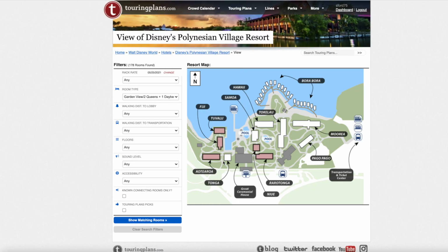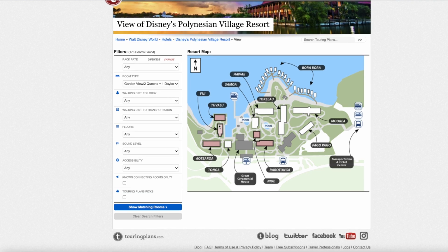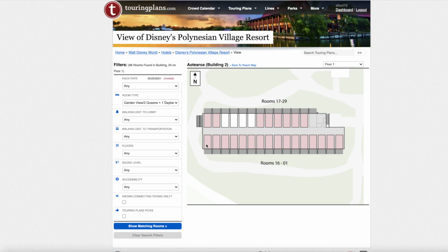So that location right there, because that room was right here, it's actually not as bad. So it'd be a very good location. But I, again, would not request Fiji because you could end up on the other end of the building. So again, those are the two buildings I would not recommend. I'm going to probably butcher that name. That is probably incorrect. Now this building is mostly